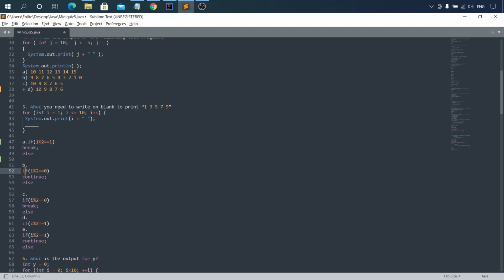Then we have B: if i mod 2 is equal to 0, then continue. C: if i is equal to 0, then break. D: if i mod 2 is not equal to 1, and E: if i mod 2 is equal to 1, continue. Of course, this must be the right answer. We have to print, so